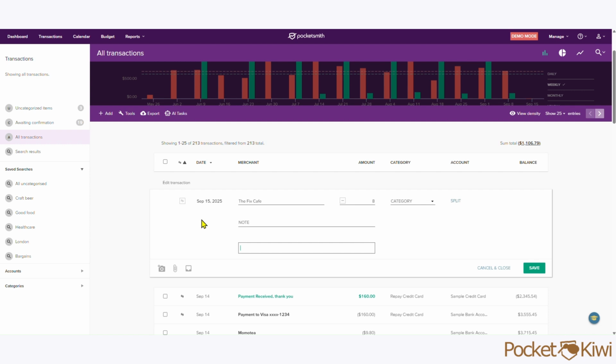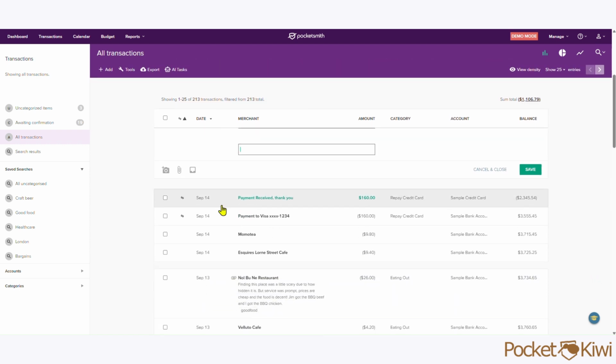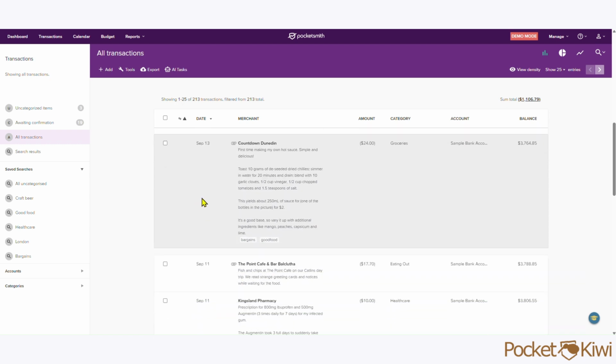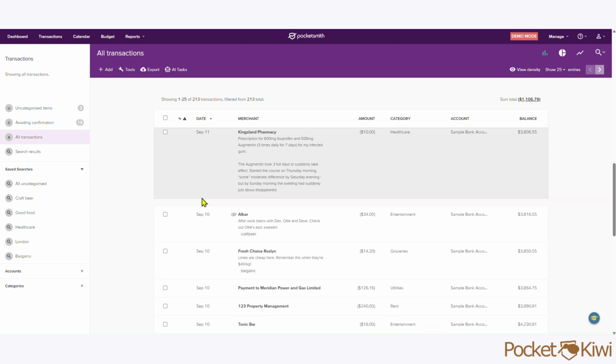They're just a transfer between accounts, and you'll see the money leaving one account as a negative and arriving in another account as a positive. But all we're looking at here is transactions. We haven't yet got to the point of working out how those are categorized, and that means we need to